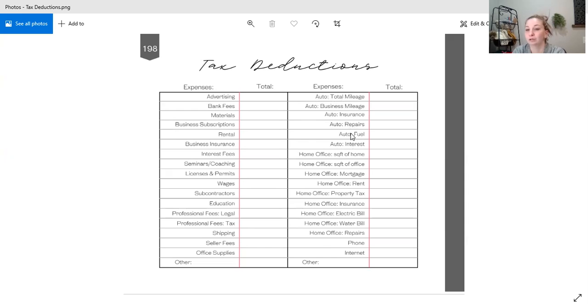Your auto, your fuel. So I know that you guys may be thinking, Katie, why am I taking mileage and fuel? You are allowed to elect which option you choose, and it is really helpful for your accountant to have this information because they're able to make the best decision for your business when they have all of this information. If you have a car note, you are able to deduct the interest. So that's pretty cool. I know paying interest sucks, but when you're able to write it off as a tax deduction, it makes it just a tiny bit better.